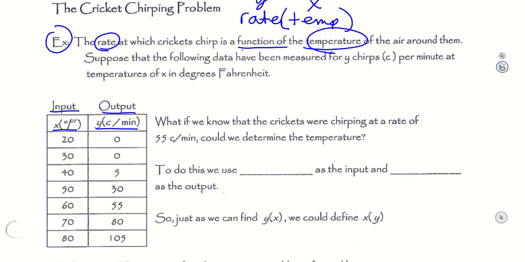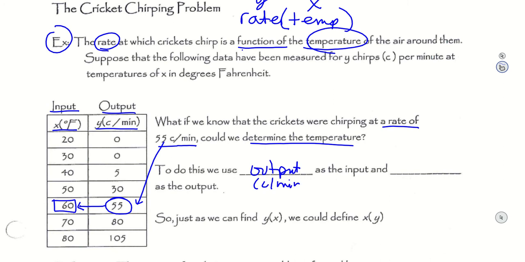So what if we know that crickets were chirping at a rate of 55 chirps per minute? Well, we find that value in the output column of our table. Could we determine the temperature? Well, sure. If we go 55 chirps per minute, that is paired with 60 degrees Fahrenheit. So to do this, we used the output, which was chirps per minute, as the input, and we used the input, which was degrees Fahrenheit, as the